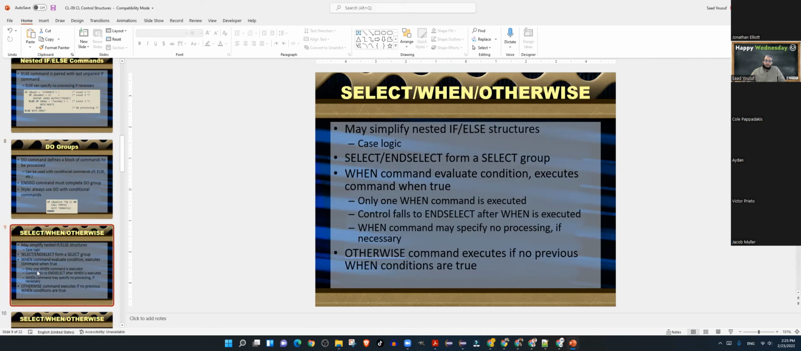Anyway, we will move on to slide number 9, which is select when otherwise. This is like a switch case, as I told you guys, that will help you simplify your nested if conditions. And you can look at the keywords that are used in a select case. We use the word select, and we end with the words end select. We use the word when for each and every condition, and we use the word otherwise for the very last condition. If you guys remember your switch cases in Java,